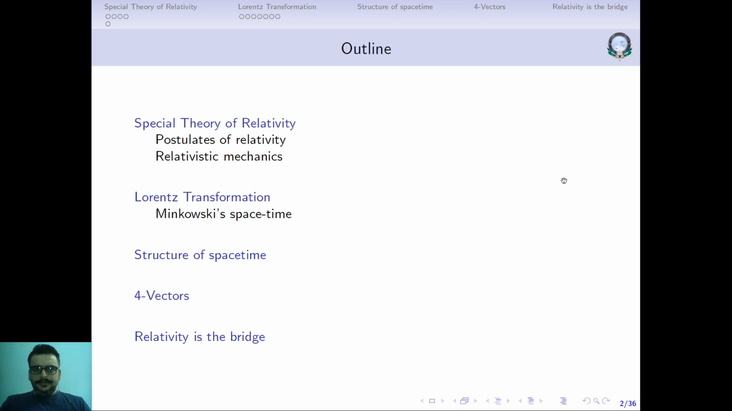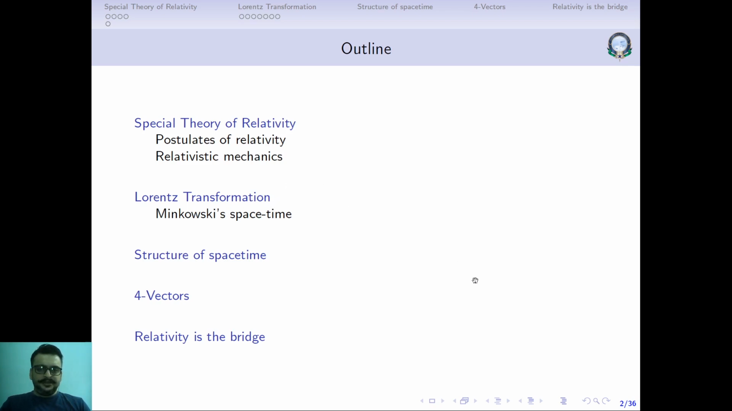So this lesson will be more or less like a recap, mainly a recap of your concepts from the special theory of relativity that you would have probably gone through in your undergraduate courses. First we'll be just looking at the postulates of relativity and the mechanics of relativity, followed by the familiar